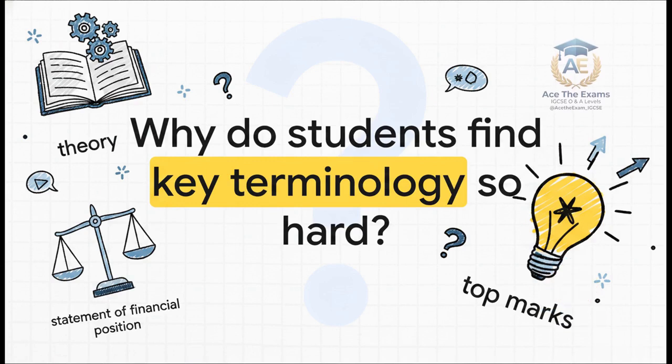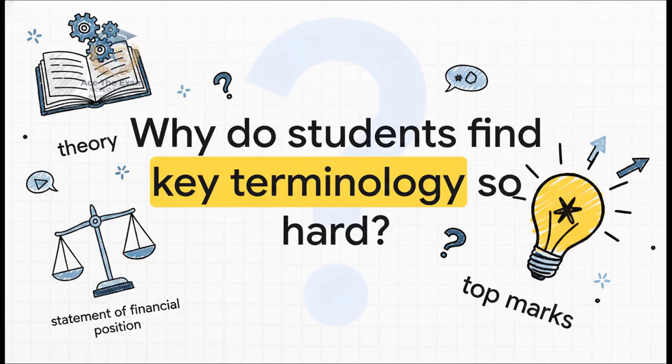Why do candidates who can perfectly balance a complex statement of financial position completely freeze up when they're asked to explain the theory behind it? I want you to picture 2 types of scholars. Let's call them Alex and Sam. Alex is highly technical, right? Excels at formulas, nails the balance sheet, but completely struggles with open-ended evaluation. Then you have Sam. Sam is a creative thinker, strong at arguments, but totally lacks structural precision and timing. Both of them lose marks here because they don't know how to translate theory into a structured argument.